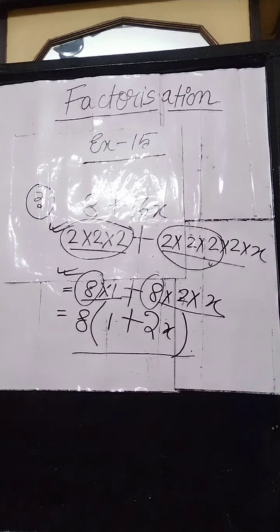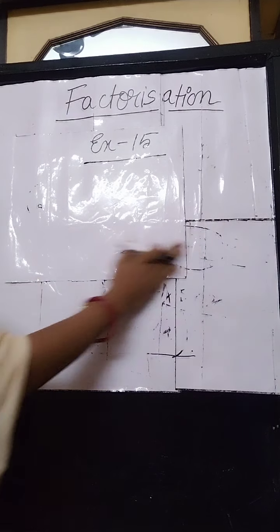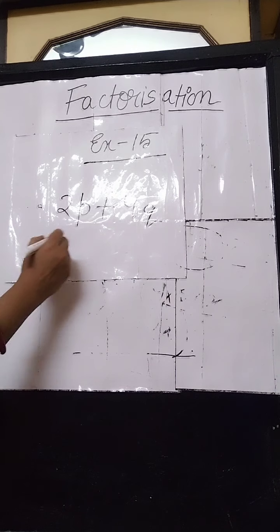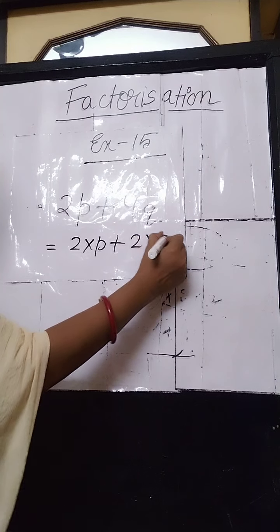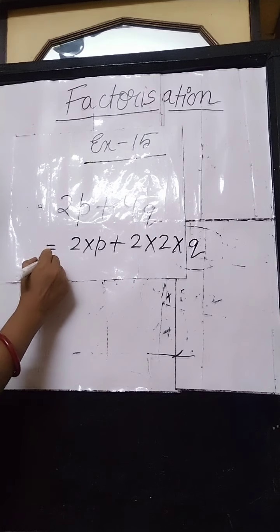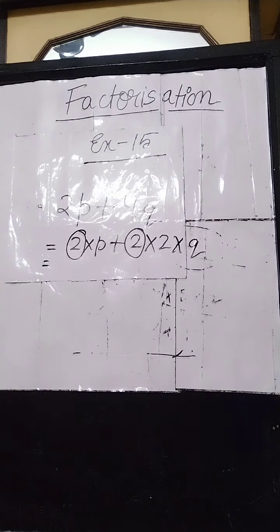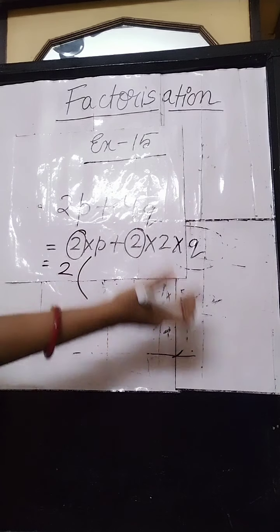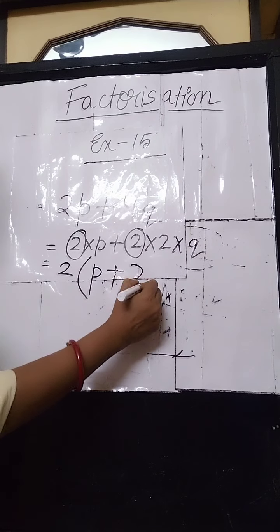Last sum is sum number 4. In sum number 4, it is given that 2p plus 4q. So in 2p plus 4q, we can see 2 into p, and in 4q we can see 2 into 2 into q. So as we can see, 2 is present in both the terms. 2 is a common factor. So 2 we will keep outside the bracket, and inside the bracket the residual things will be written. That is p as the first term and 2q in the second term.